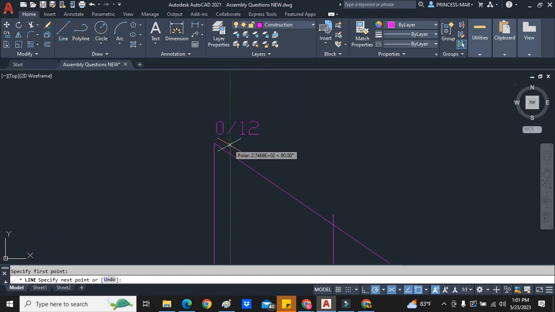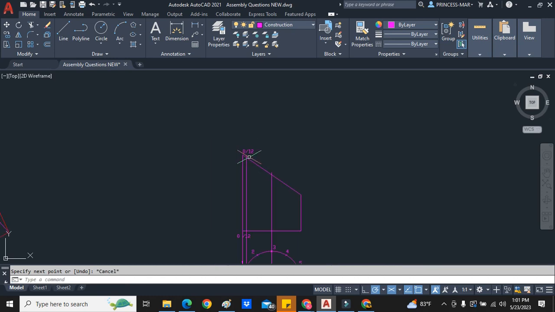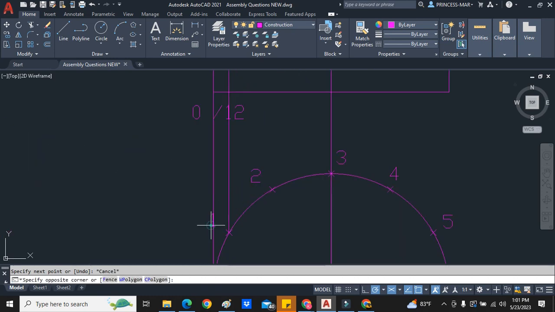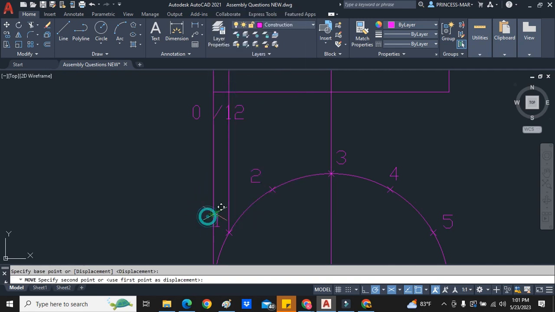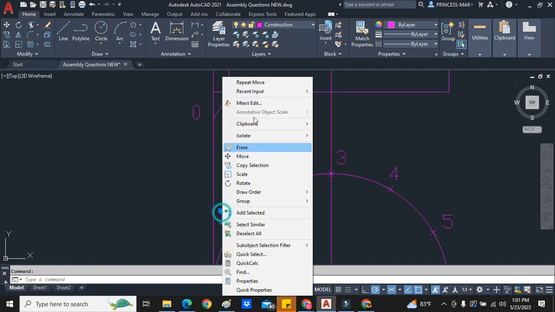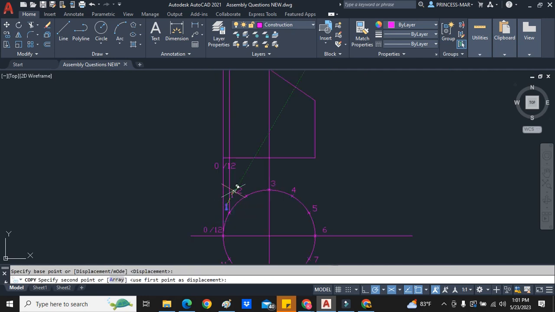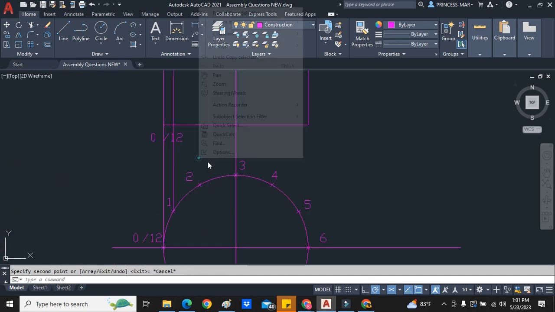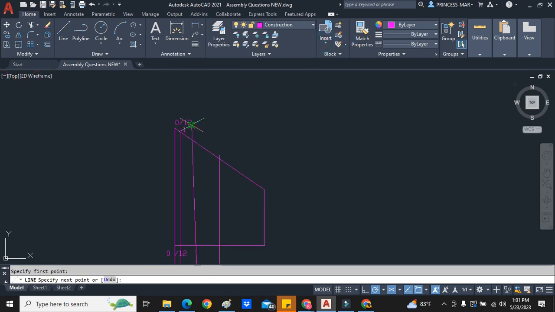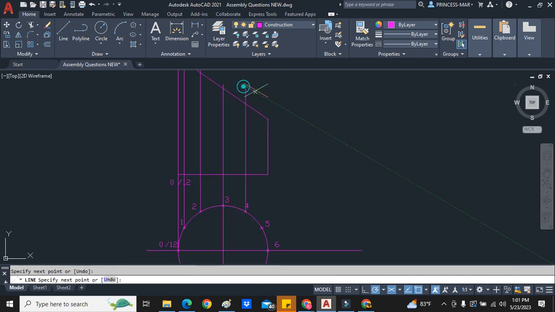You project to the top of the figure, and that will be your 1 point. So we have our 2 point over here. We also project our 4, our 5,